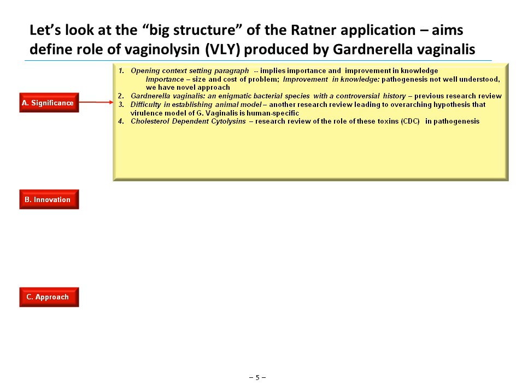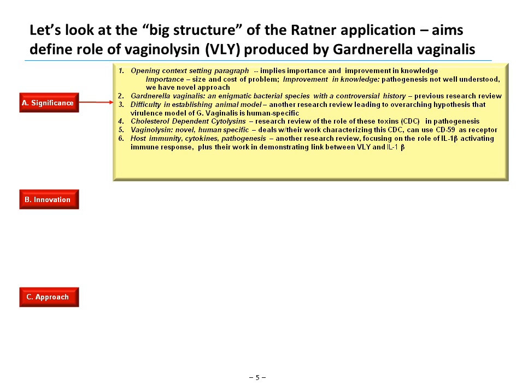The next section talks about cholesterol-dependent cytolysins and a research review of the role of these toxins in pathogenesis in bacteria in general. The next paragraph focuses on vaginolysin as a novel and human-specific characteristic of this particular pathogen. And it deals with their work in characterizing this CDC, and that it can use a particular receptor, CD59, in the pathogenic